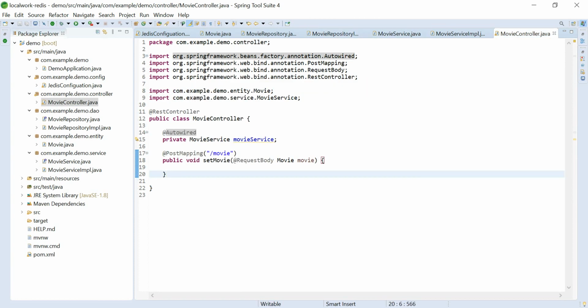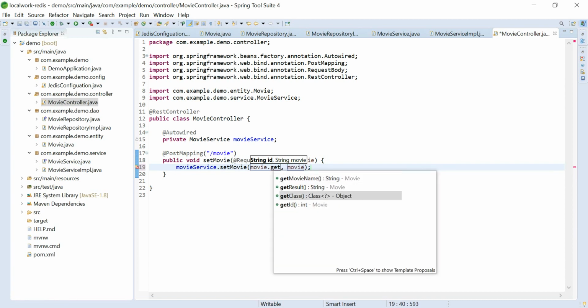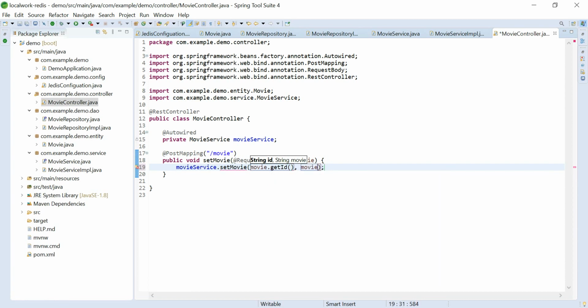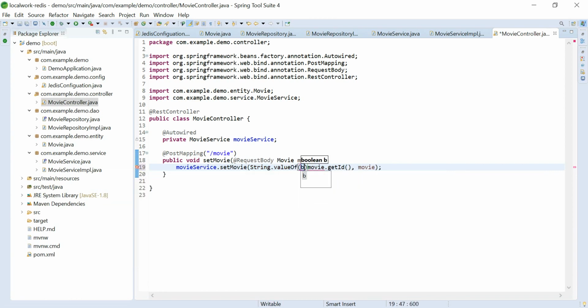Now going to the movie controller, here we call movieService.setMovie, passing movie.getId parsed with String.valueOf, and the movie.